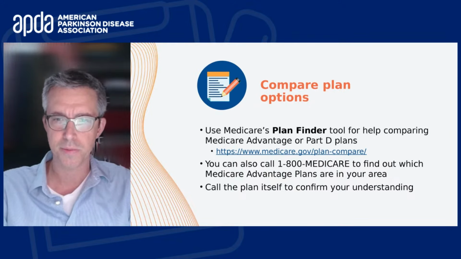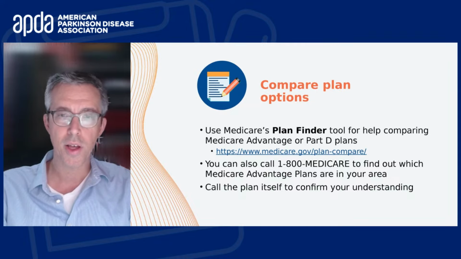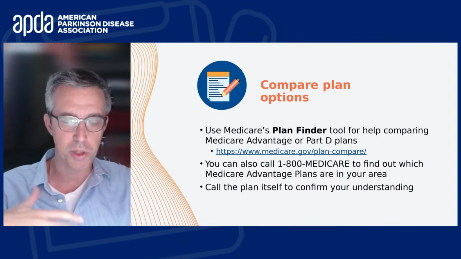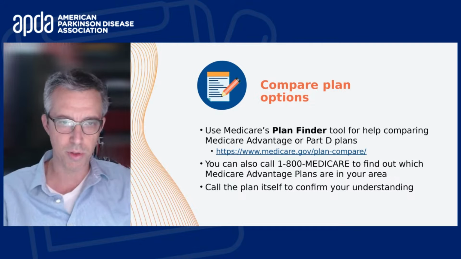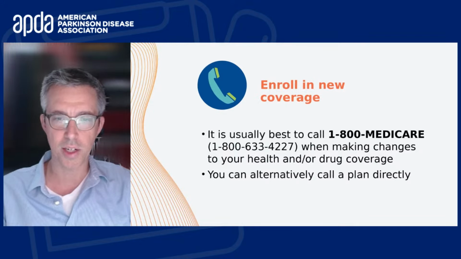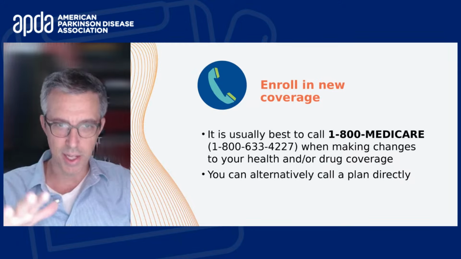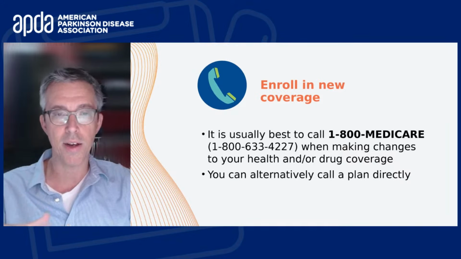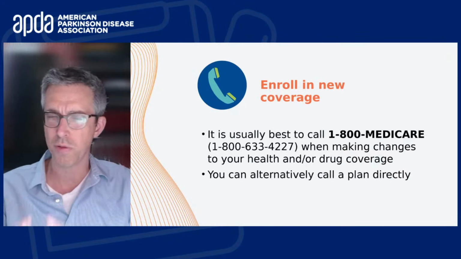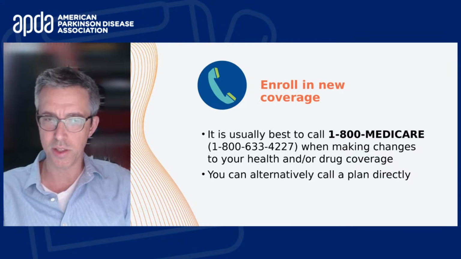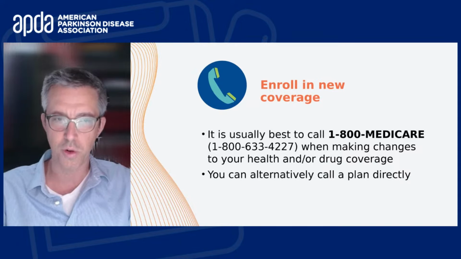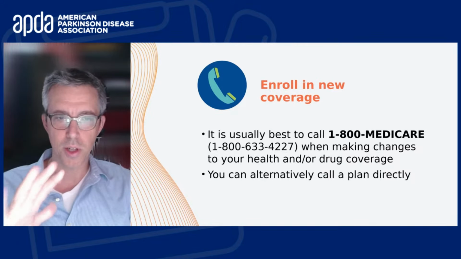I recommend it highly. You can also call 1-800-Medicare if you don't use a computer or you don't feel comfortable doing any of that. You can call 1-800-Medicare and get the exact same information. You'll just be talking to somebody over the phone and talking them through it. Now, they say that calling the plan is the last thing we recommend to do. Not that it's the worst thing to do, but it's better to talk to Medicare first than reaching directly out to the plan. You can reach out to the plan just to confirm, is it true that this has changed here, or that you are enacting this, or that this drug is no longer on the formulary. But I would start first talking to Medicare.